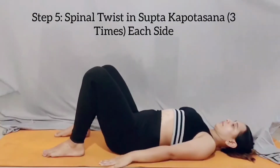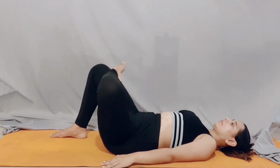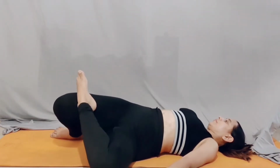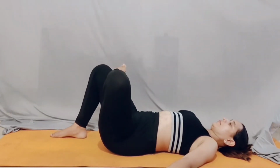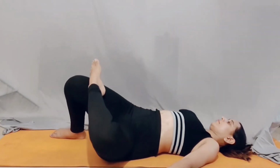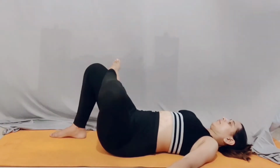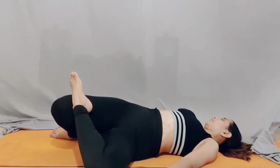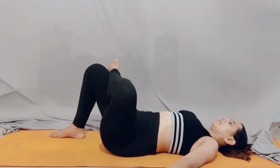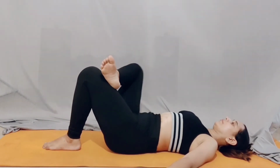That is all. And further moving to the next and final fifth step. Lie down on your back with the legs folded on the floor. Bring your left foot on the right thigh to twist your spine towards the left side. Slowly, you inhale to come back to center. With the exhalation, you twist your spine again to look on the side. Inhale, come back to center. We repeat it at least 5 to 6 times on each side of the leg,